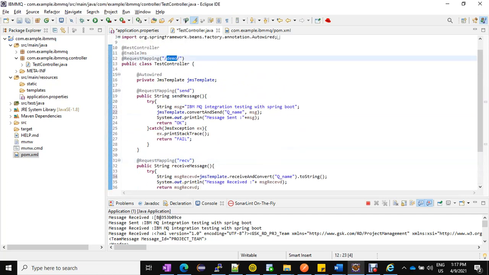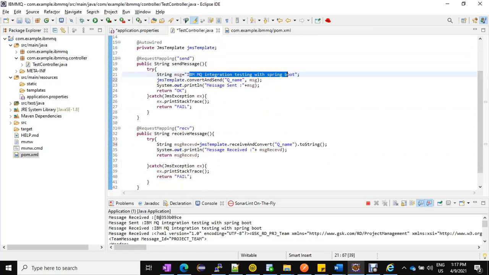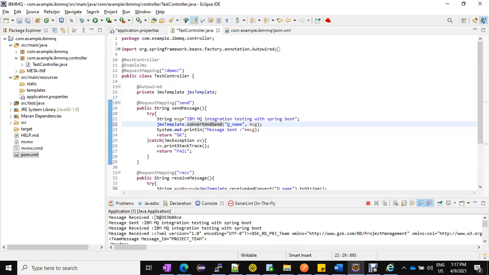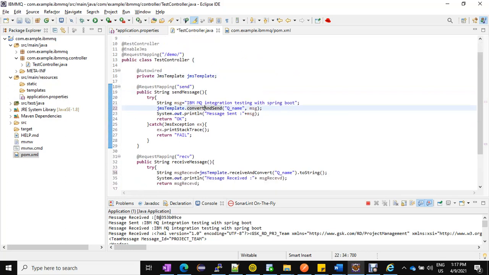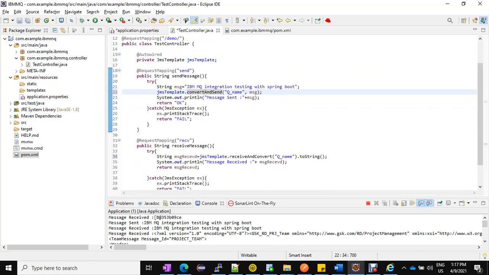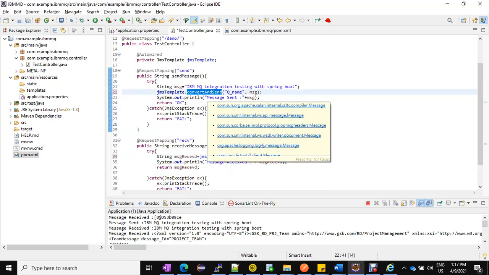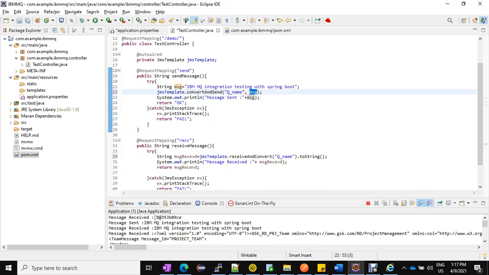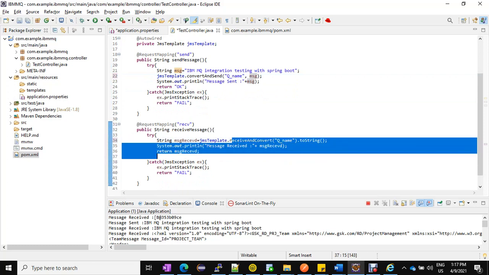I've created one controller which is doing just writing the string messages into this queue. This is a queue name, you can replace it with your queue name. This is the message. So using this JMS template, it has everything. Once you autowire, it has the method convertAndSend. It has the method receiveAndConvert. So while sending data, writing data into the queue, we are using this convertAndSend. So this is a simple example. Similarly, I'm receiving the message. This is a very small application, but it will show you the connectivity between Spring Boot and IBM MQ.